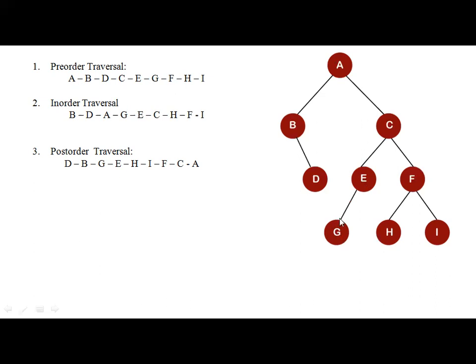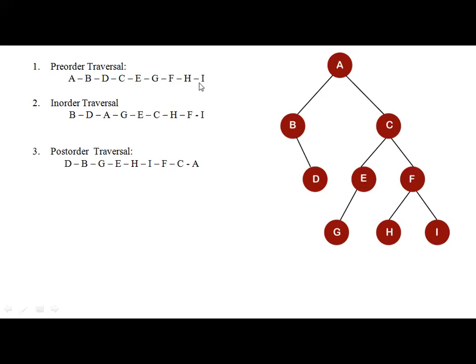Now see here, root, left over, go to its right. There is no right. So we'll come back. Now come back to E here. So for this E, now this is the root, no? So root over, left over. Now go to its right subtree. So that means go to the right child of C. So what is the right child of C? F. Now is it a root node? Yes, F is the root node. So immediately write onto the output. Then since root is visited, go to its left. H is the left child and then I is the right child, over.